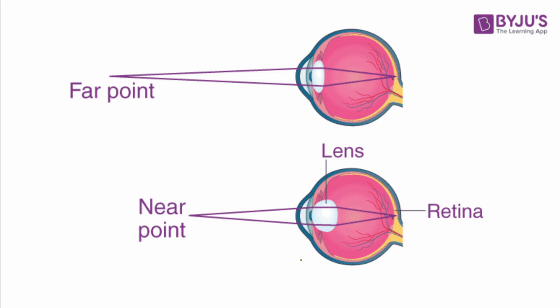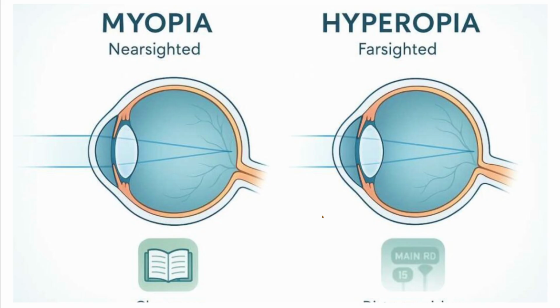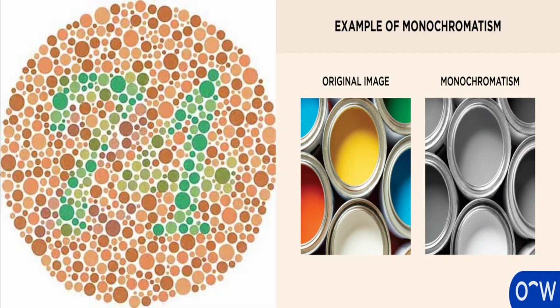There's no true color anymore in our vision. This shows us the example of accommodation. When we're looking far away, we have this very smushed and skinny kind of wide lens. When we're looking close by, our lens gets very thick like a ball to take in as much information as possible. Now we have examples of nearsightedness and farsightedness over here. An example of monochromatism, which means over here on the right, we have no color, for example, those colors of paints.